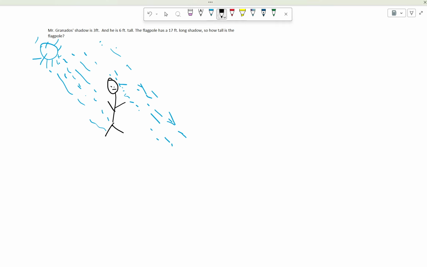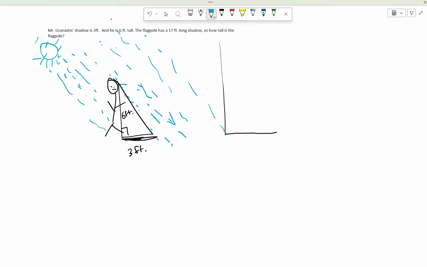It's going to create this, as Mr. Granados is going to obscure here, which is this shadow, which is right here. And this guy's 3 feet. And again, Mr. Granados is very clearly 6 feet tall. But then we have this flagpole, right? Which I'm not sure really how tall it is, but the same rays of the sun are hitting it and creating again,